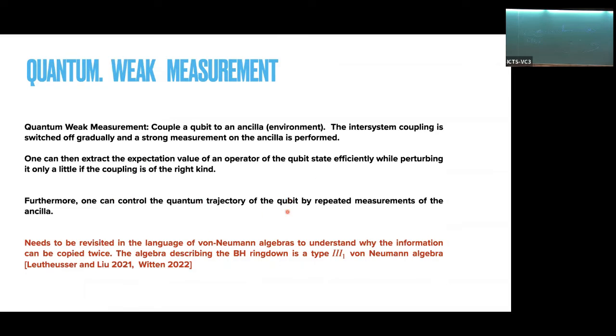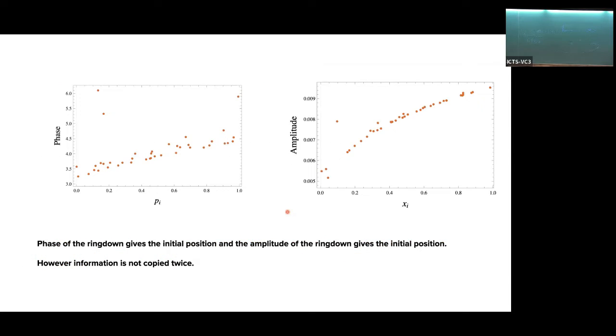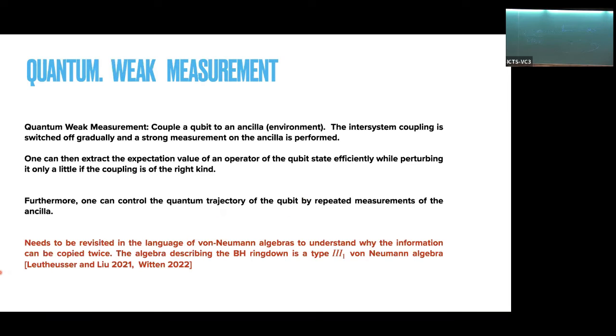But what is happening here is that in this context it looks like a weak measurement, but there is something even more than that, because the decoupling is happening spontaneously. It's not something that we're switching off by hand. And this needs to be revisited in the language of von Neumann algebras to understand why the information can be copied twice. Actually, what you're doing is copying the information into an output trajectory